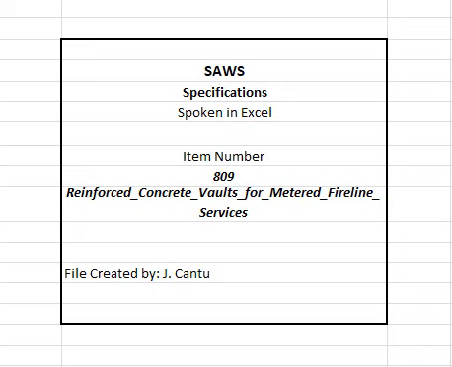4. American Society for Testing and Materials, ASTM, International. A. ASTM A82, Standard Specification for Steel Wire, Plain, for Concrete Reinforcement. B. ASTM A185, Standard Specification for Steel Welded Wire Fabric, Plain, for Concrete Reinforcement. C. ASTM A615, Standard Specification for Deformed and Plain Billet Steel Bars for Concrete Reinforcement. D. ASTM